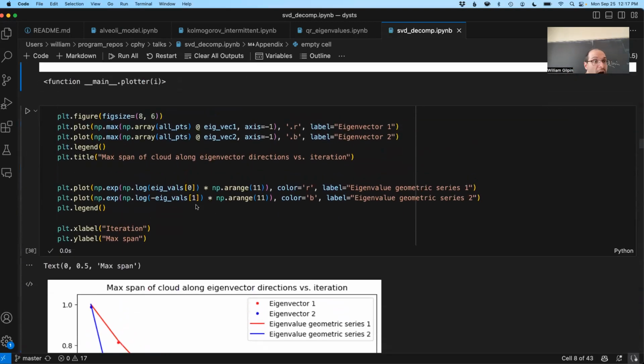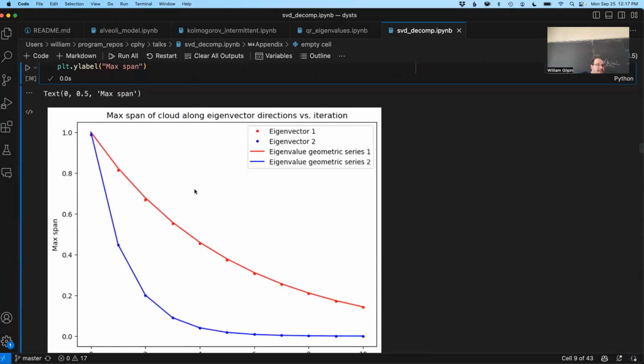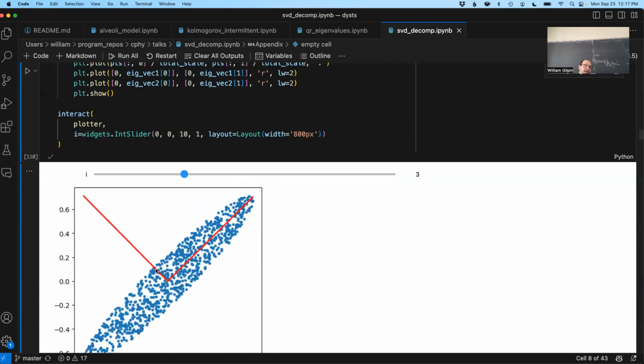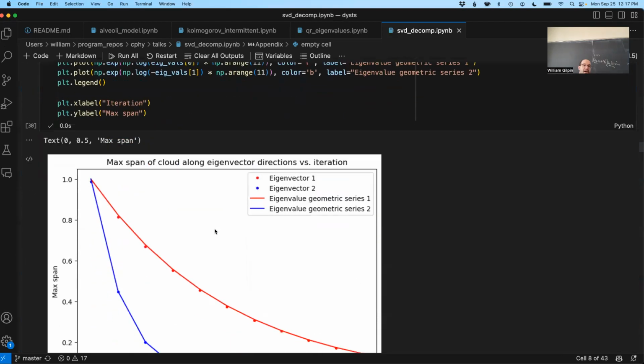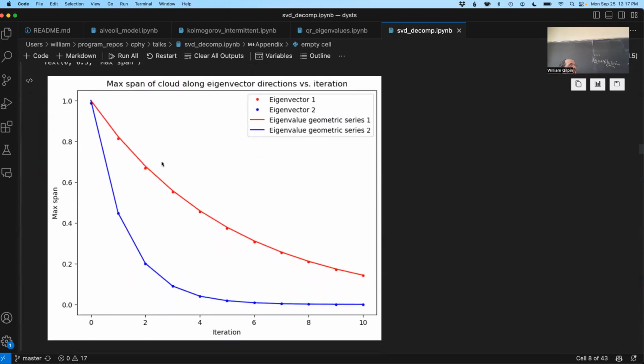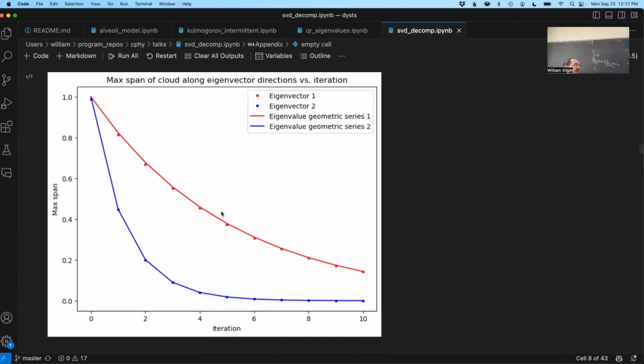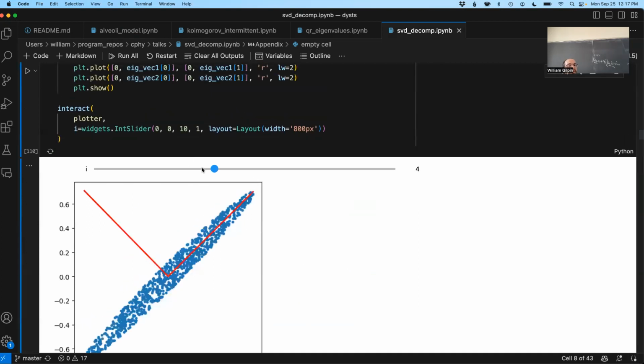Okay. And then, to sort of emphasize this, I basically just calculated how much this point cloud extends along this direction versus that direction. And you can basically see that as I repeatedly iterate the matrix, the span of the point cloud along each direction more or less matches what I would expect from calculating the eigenspectrum. And it turns out that the span along the direction is always proportional to the eigenvalue associated with the principal eigenvector. So basically, for Hermitian matrices, each iteration of this method compresses or stretches by an amount that's equal to that